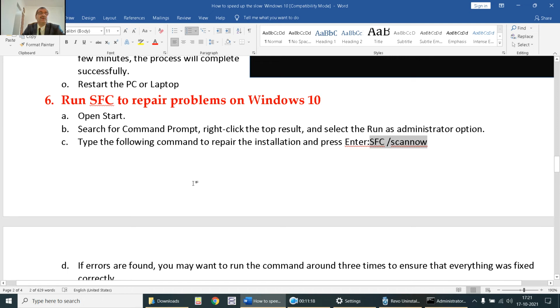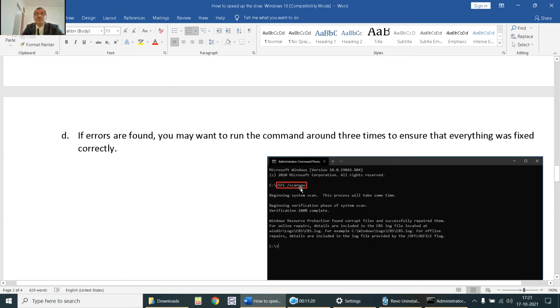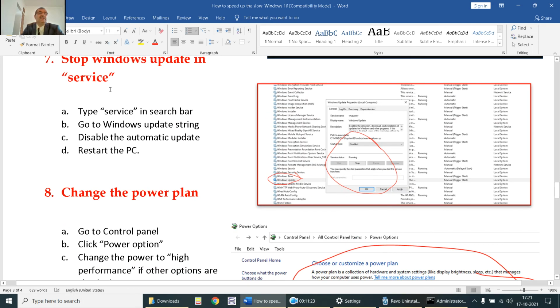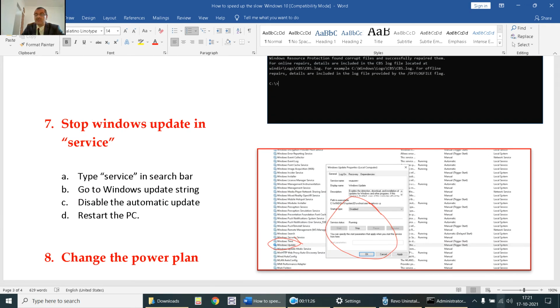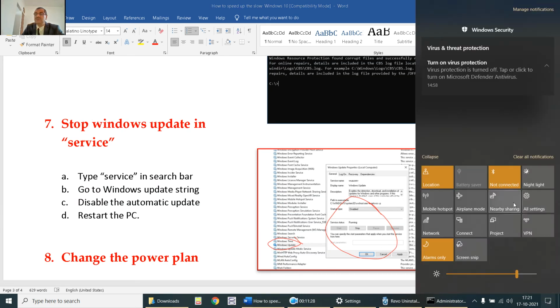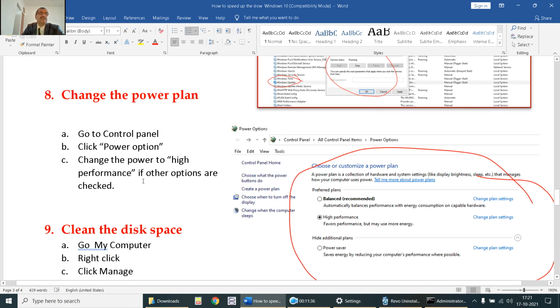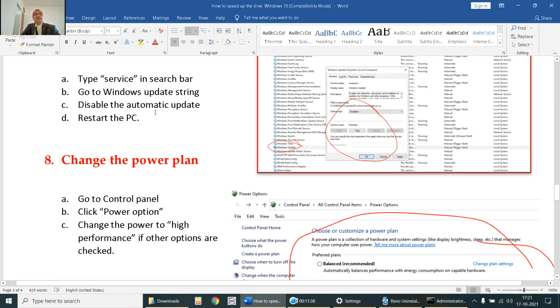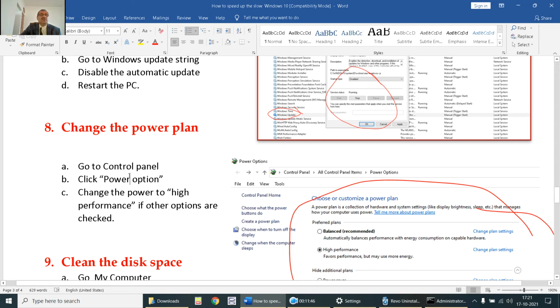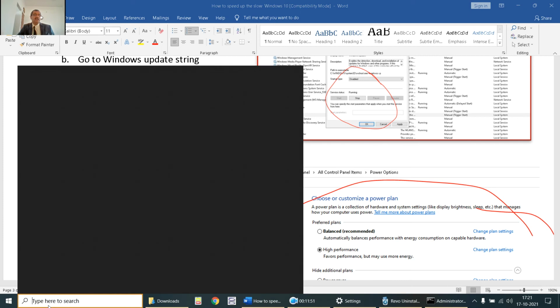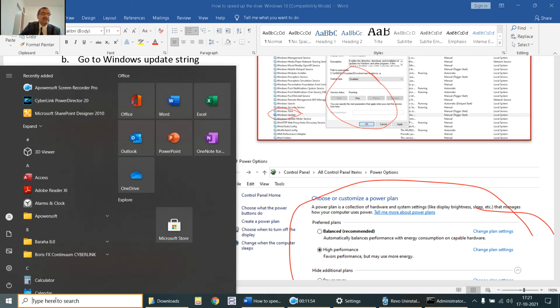And apart from this one, many other errors, SFC, the beginning of the scan, all these things will be the same. Then especially you can go for the Windows updating system. Here you can also pause the Windows update, or sometimes in services we can disable the Windows update system, but it is not advisable to disable it, and you can choose which updates are very much required for the better performance of the PC. And apart from this, you can also check the control panel,